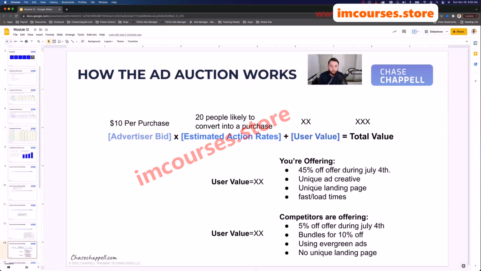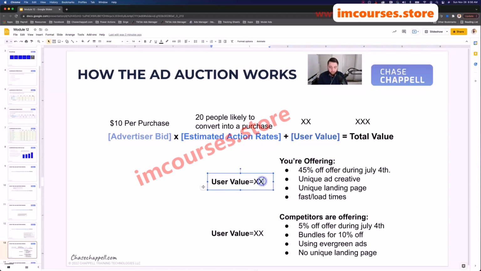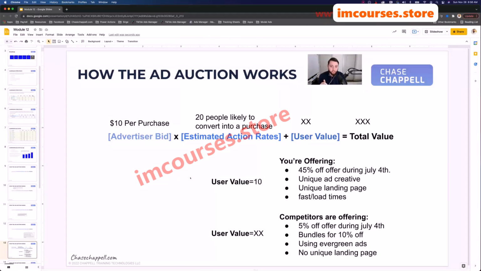So you're going to have a user value of, say, around 10. And user value is based on a score of 0 to 10. You either have 0, 1, 2, 3, 4, 5, 6, 7, 8, 9, or 10. It doesn't go any higher. It doesn't go any lower. Your user value can only go up to 10. And so let's just say that this user value is a score of 10 around this time period with all